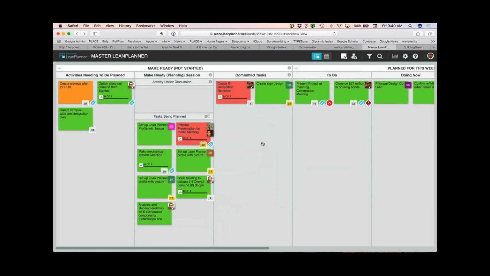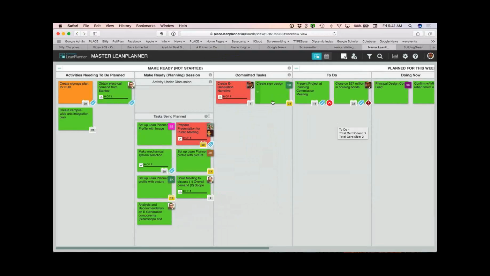Then I'm getting notification that Stuart has done that. I see it's moved into here. Stuart got an email when I created this task saying that I've assigned a task to him. Or if he's looking at the board, it doesn't have to necessarily be through email. That's just a backup plan. If he's looking at the board, he can see that I created that. Now he's committed to doing that, and we know that that's the case.